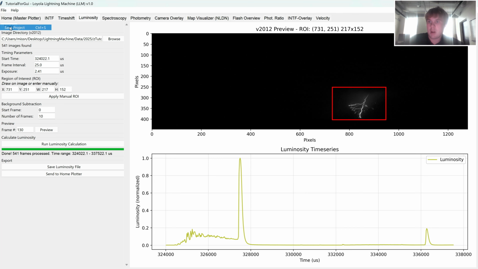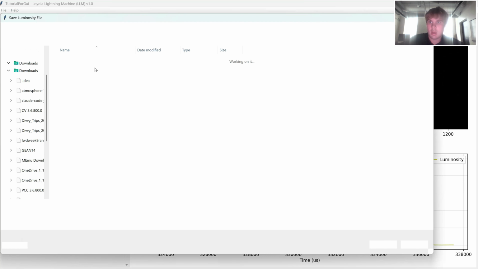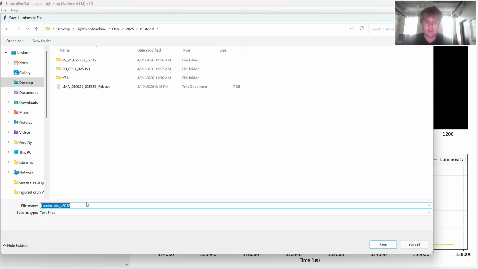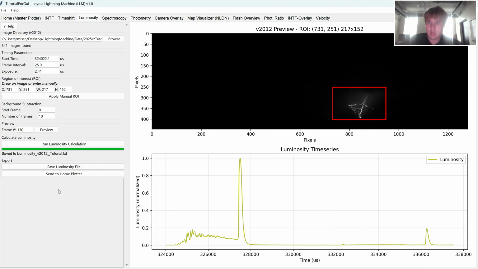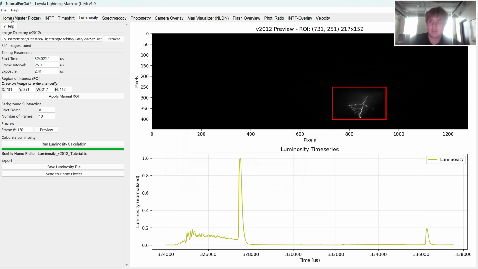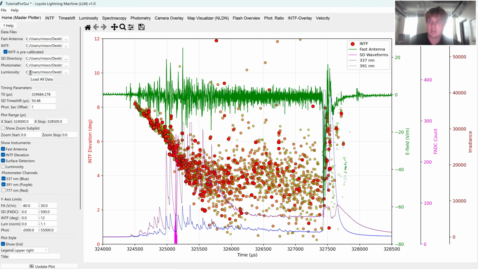So first I'm going to save the project, then I'm going to save the luminosity file, just in case we need it. And we're going to go back here, Luminosity v2012 tutorial, and we're going to hit send to home plotter. Luminosity file set for home plotter, click learn plot in the home tab to see it. So let's go back there and do that. And as you can see, it's now filled in, and we're going to hit load all data. And if we load all data,